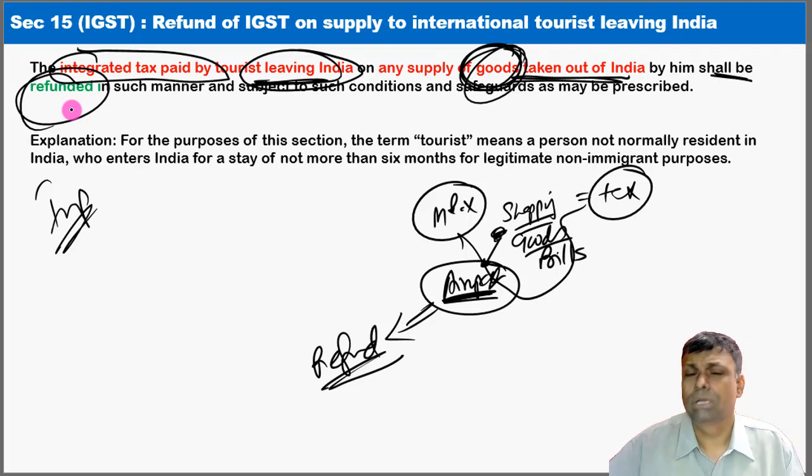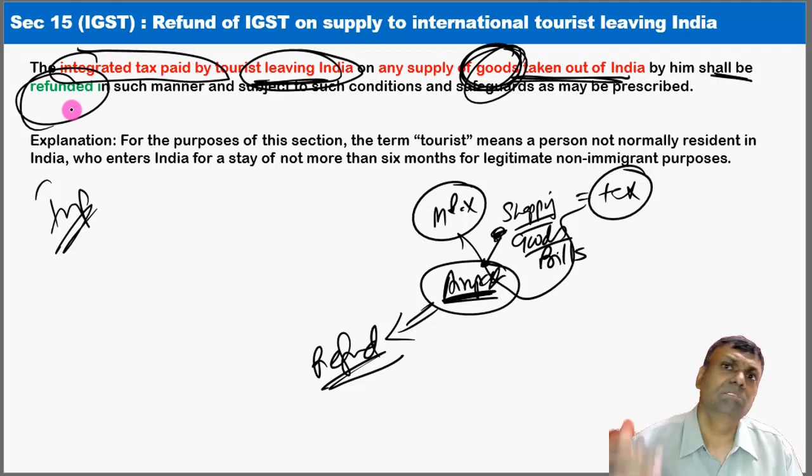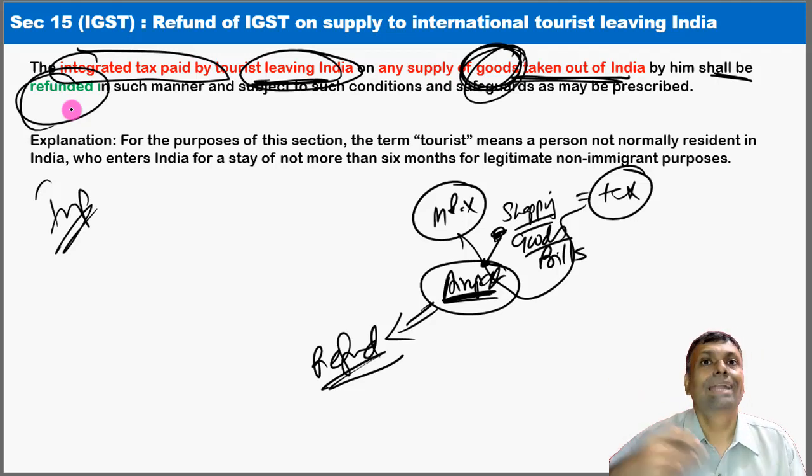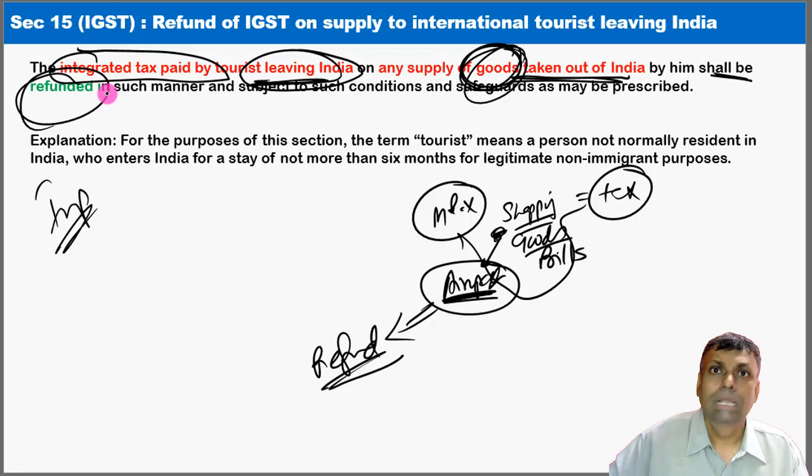I'm not very sure about it, but sooner or later, this mechanism has to be developed that when the tourists take their particular goods outside India, basically it is not consumed in India, and that is the reason they'll be entitled to a refund, and they will get the refund. Normally, these refund counters are at the airport base, and the specified documentation has to be there on the records